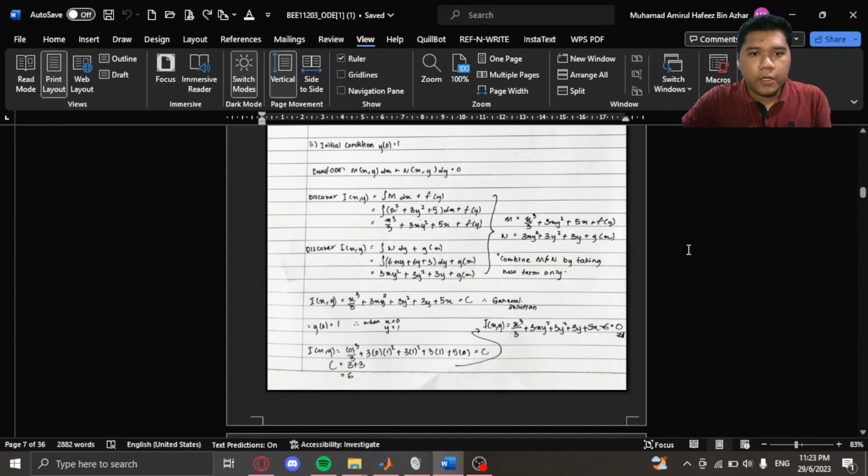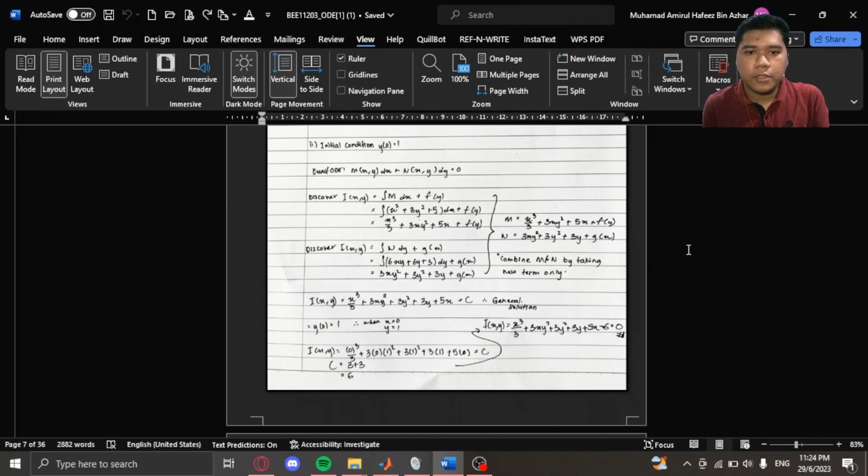Moving on to the second part, we need to find the particular solution using the initial condition y(0) equals 1, which means that y is equal to 1 and x is equal to 0. First we need to discover psi(x,y) equals the integral of M dx plus f(y). From this we could see that it is equal to x^3 over 3 plus 3xy^2 plus 5x plus f(y),